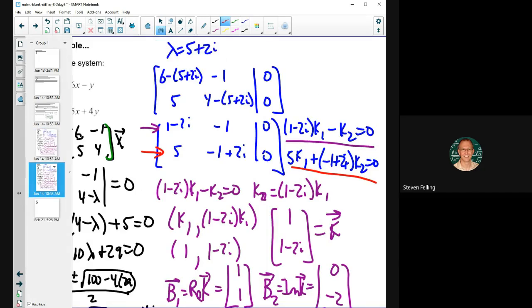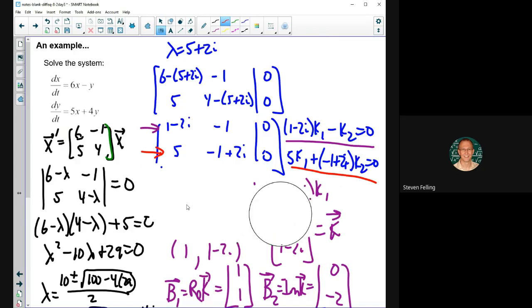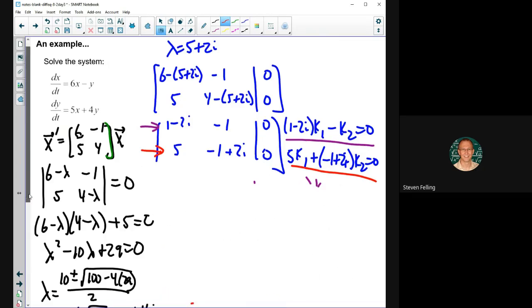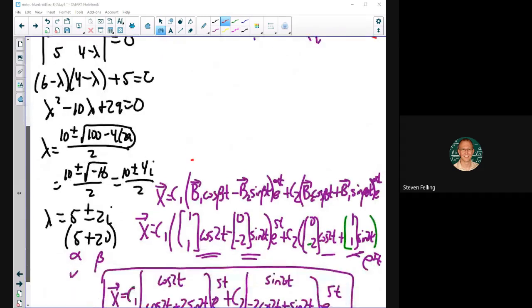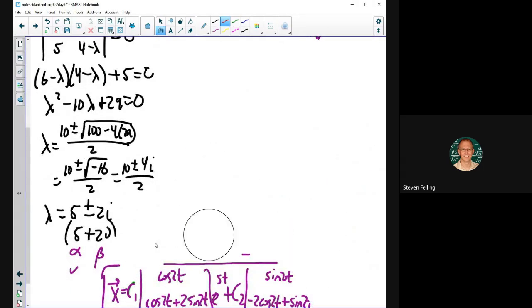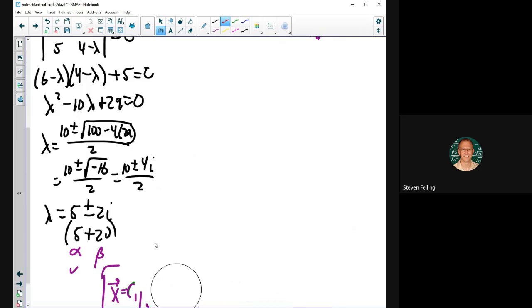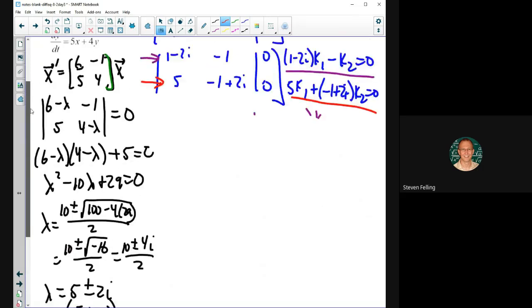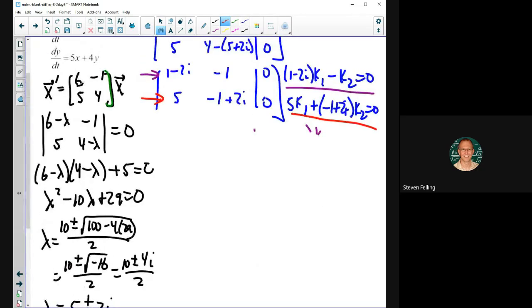So I'll just repeat this calculation down here, except I'll use the second one instead of the first, right? Because the truth is you can pick either one and they're both equally correct. Our goal is to find a solution to the system, not to necessarily list all possible things exhaustively. So if we were to use the second equation, I'll use red for this, then we would have